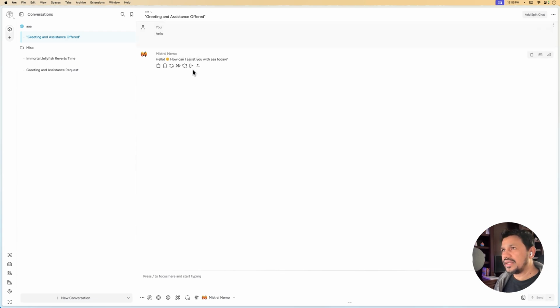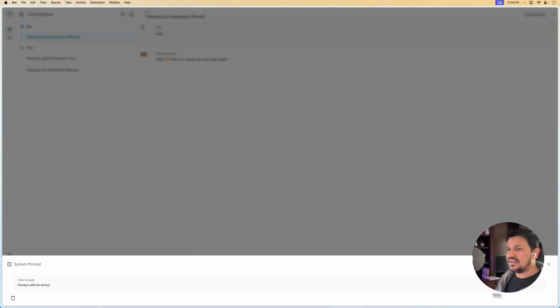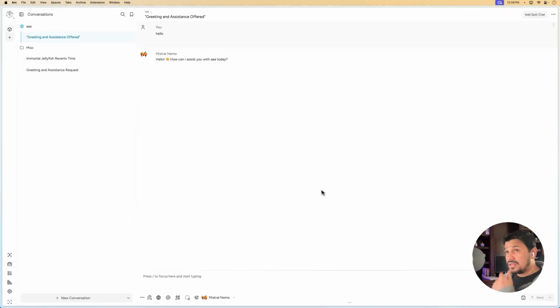And also it added that system prompt. By the way, the system prompt has been hidden from here. It has gone here because system prompts could be long, and you don't want to see it all the time. It's there, so if you click here, "always add an emoji" is here. There you go. That's good. Okay. So now,